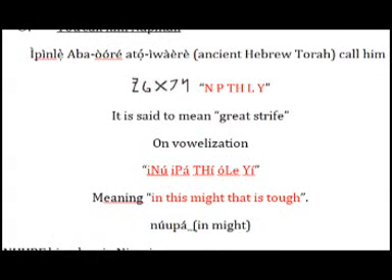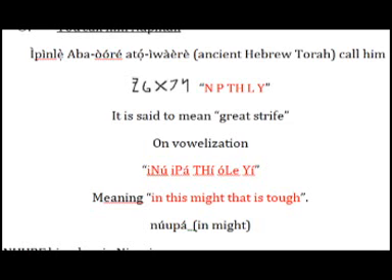Yes, another name is Naphtali. That's the sixth son of our mother Leah. Now, ancient Hebrew is written this way. In ancient Hebrew, you can see the way it's written. But now, we're writing the letters from left to right, so we have it this way. And it's said to mean great strife. On vowelization, we have inu